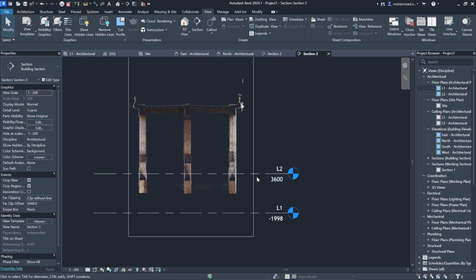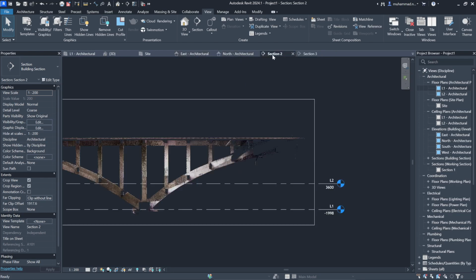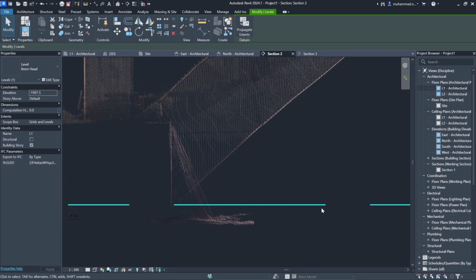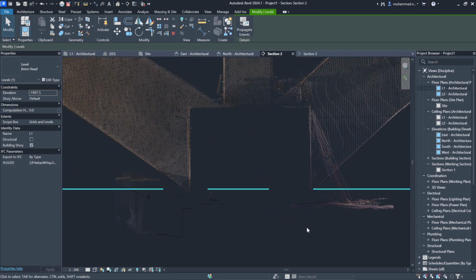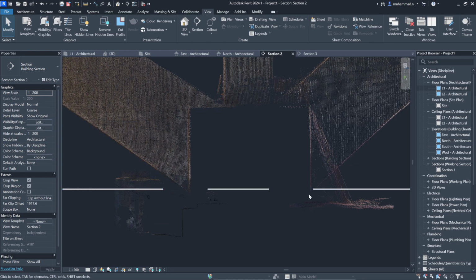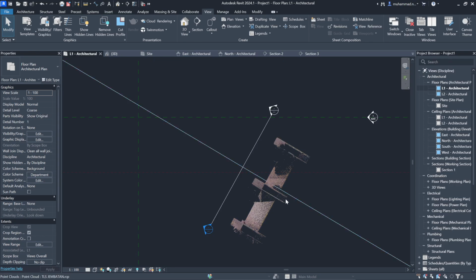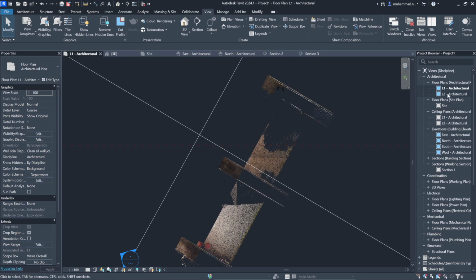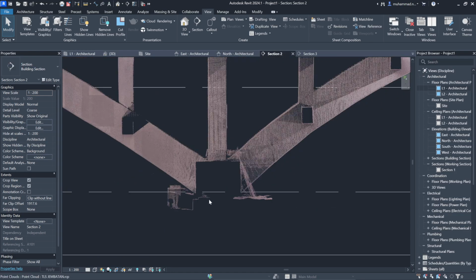If we put that right here, now as you can see, we can only see the point cloud right here and whatever is in level one. So let's just include that. Now we can see that L2 is right here.